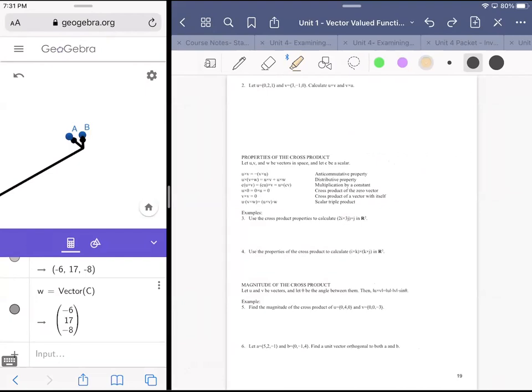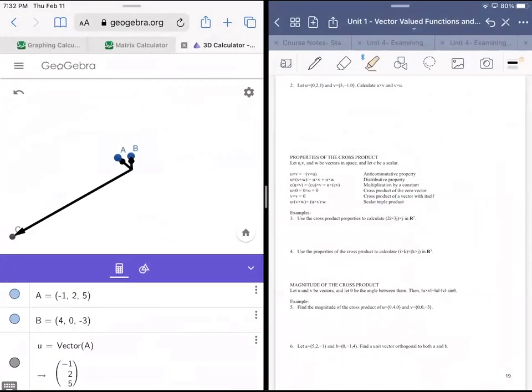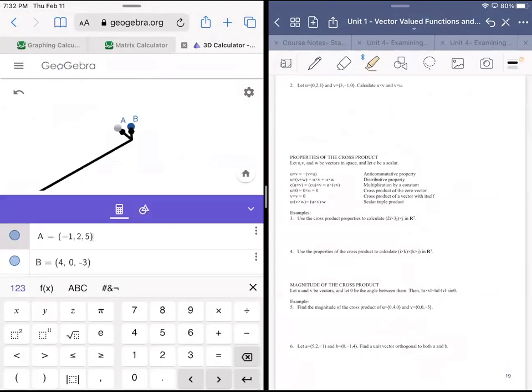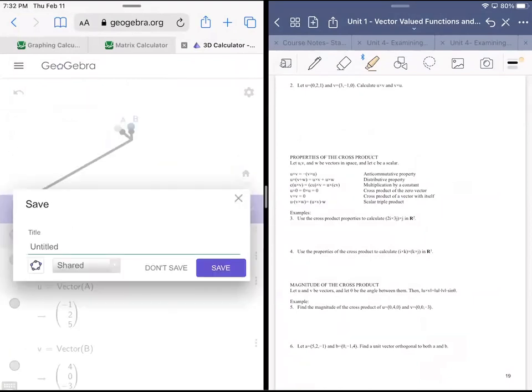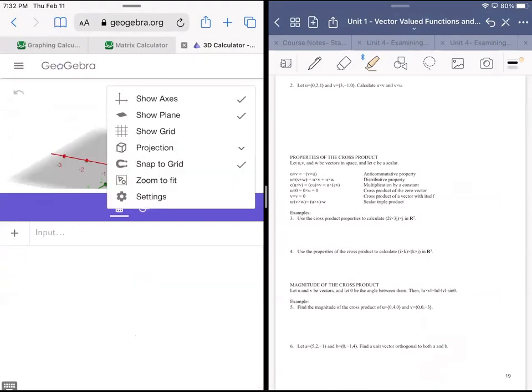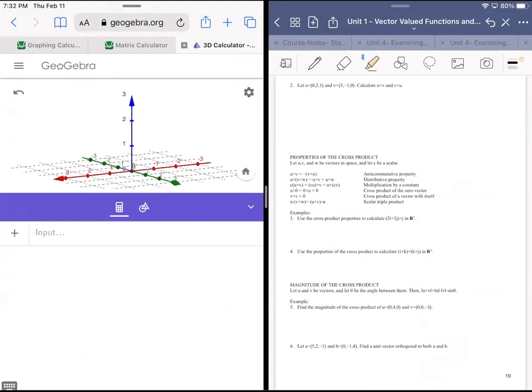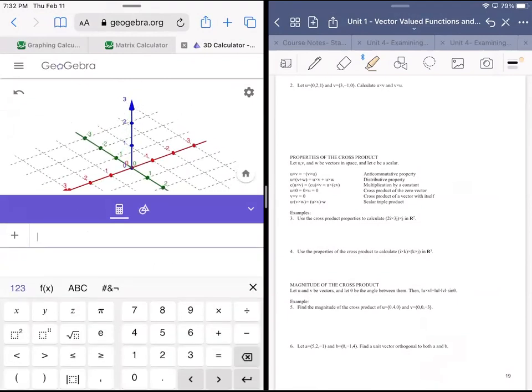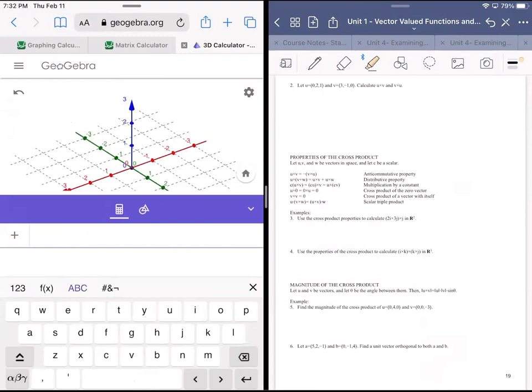Now, number two is an interesting one because it's a question of anti-commutativity. All right, so I can determine the cross product between U and V. And just to keep it fresh, I'll clear it all. I'm not going to save it. Get rid of this. I don't need the plane. Grid's fine, plane I don't like. All right, if you just want the vector,